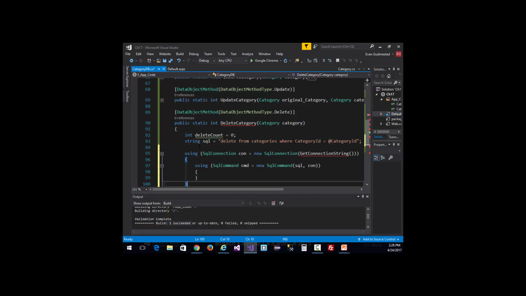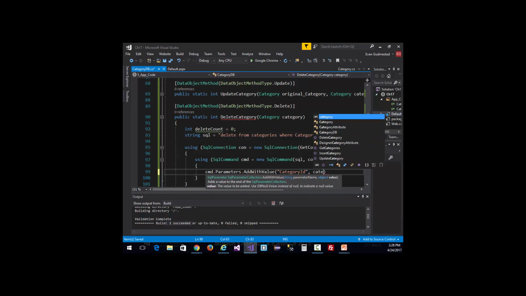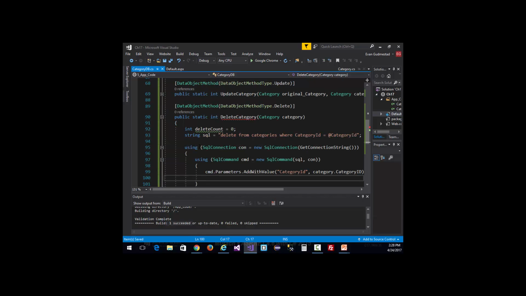And close and close. Add our 1 parameter. Our parameter is called category ID. It comes from category ID. Open the connection. Semicolon. Set our delete